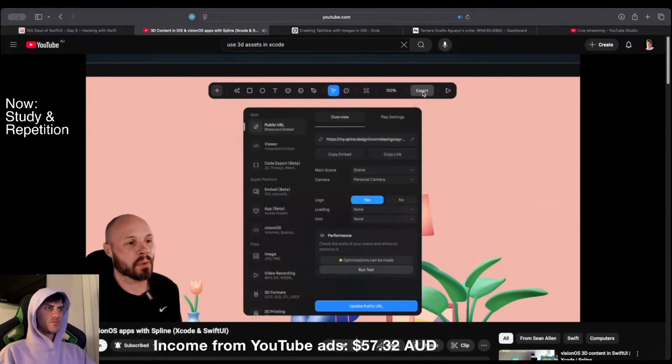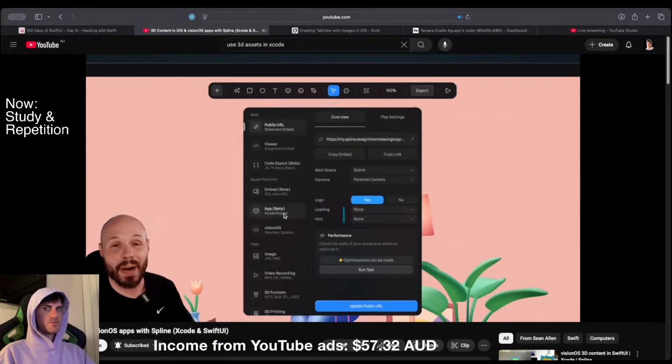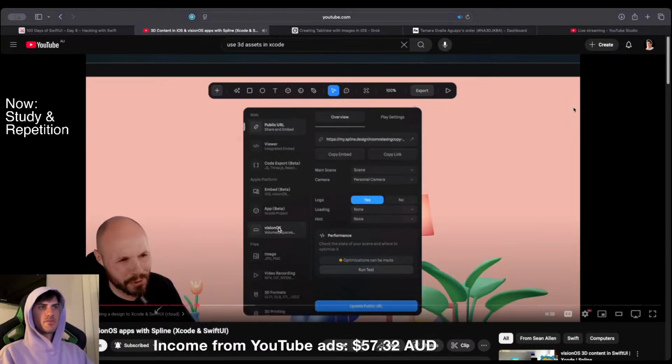Now the cool thing about the export that we're going to see over here on the left, public URL viewer, this is all web stuff. You can see you do files, images, videos, but there's very specific Apple platforms. See this Apple platform section here? You can generate an entire app on your own, but we're iOS developers. We don't need that. Vision OS, volumes and spaces. I might do another video about Vision OS later. This is more for iPhone development because it's where most of you are. Not too many people are on Vision OS